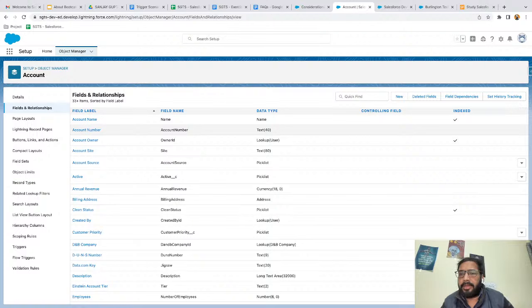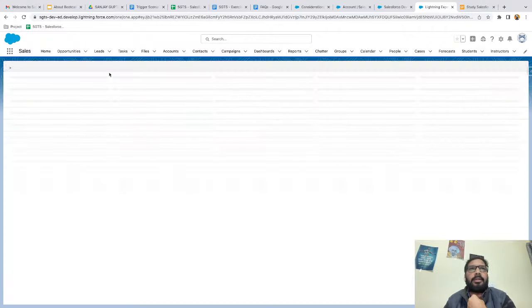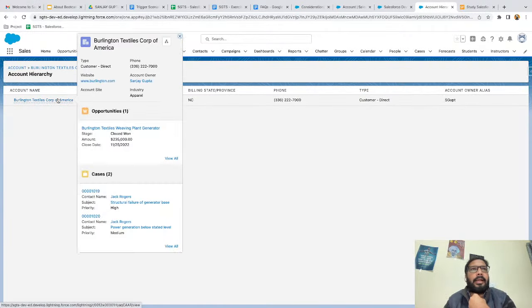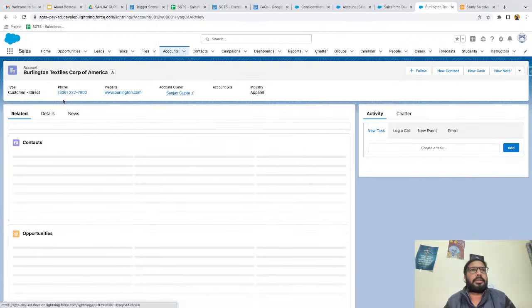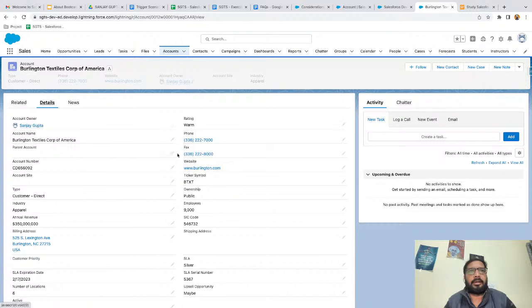Could you provide an example on hierarchical relationship? So basically, hierarchical relationship is available with account and other objects. So if I go here, if you see here, this is basically hierarchical relationship. So account hierarchy we have, and it goes with same object. So if I open this account and go to details, here I can select parent account